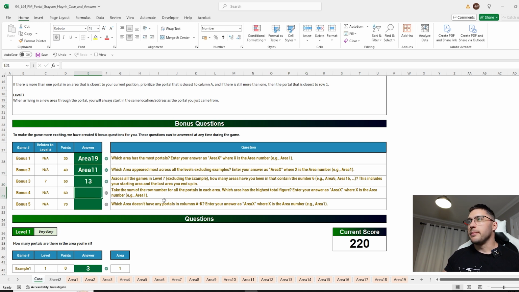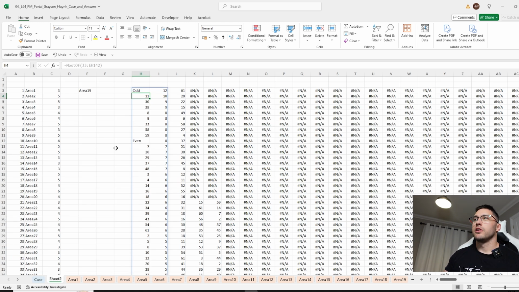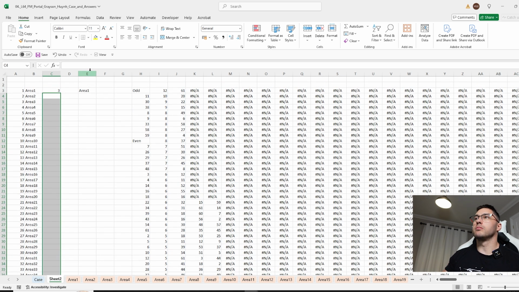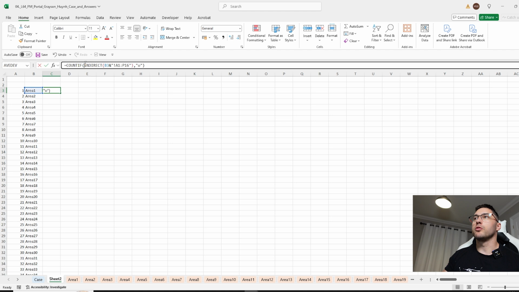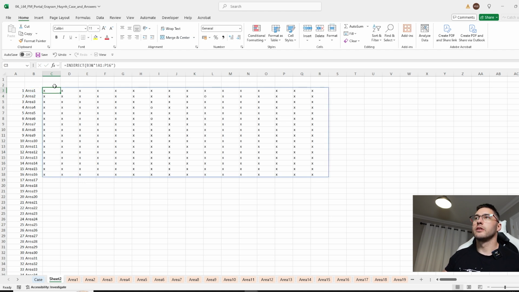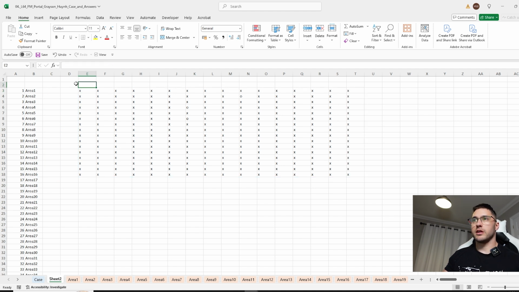13. Take the sum of the row number for all the portals in each area. Which area has the highest total figure? So again, I want to do kind of something like this. So let's just go back to what we have here and remove this. So this is area 1. So I'm just going to say